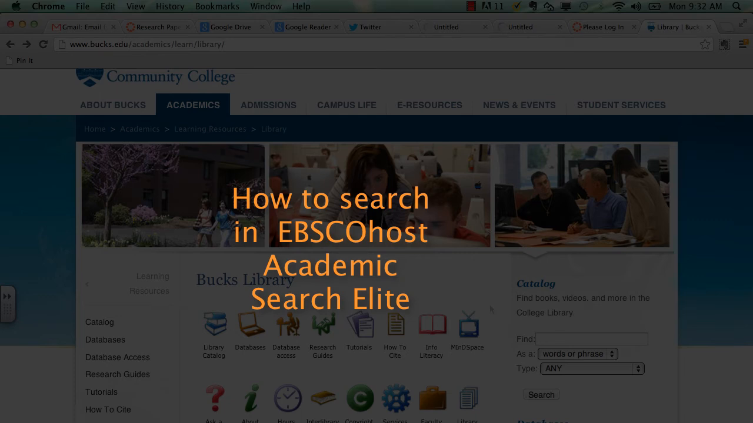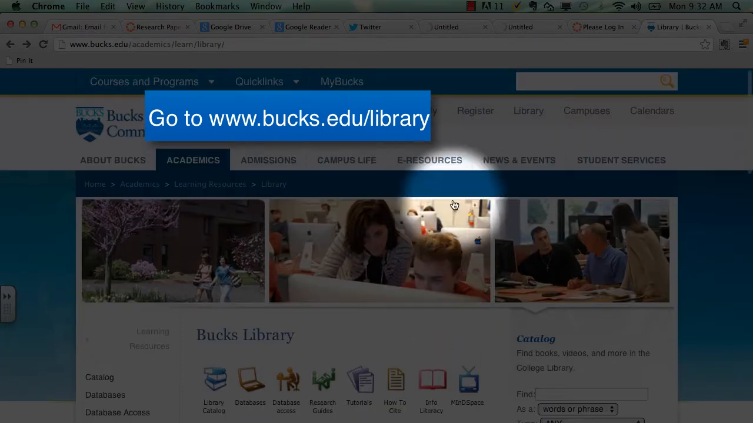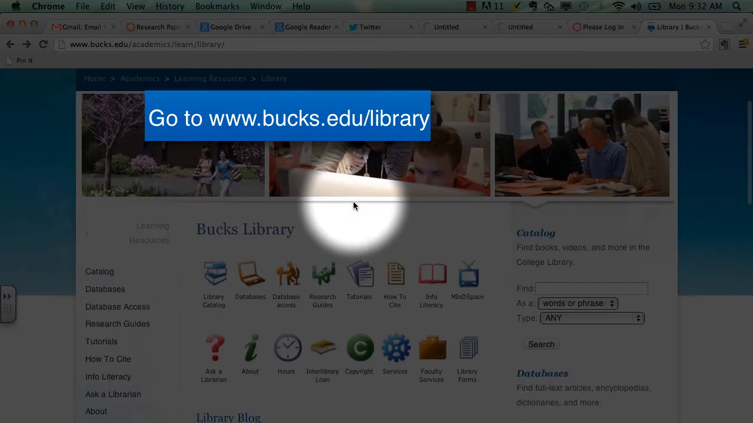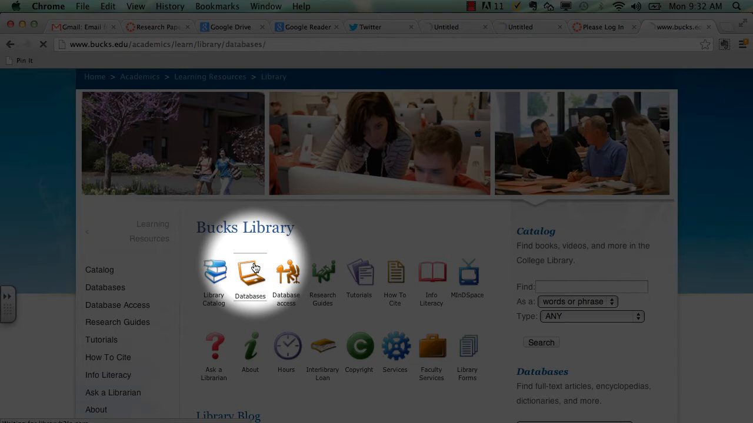For your assignment, you will need to find 3 scholarly peer-reviewed articles. You can find these articles in our collection of Bucks library databases. To get to this collection, go to the Bucks homepage and click on Library. That will take you to the library page, then click on the laptop icon to take you to our